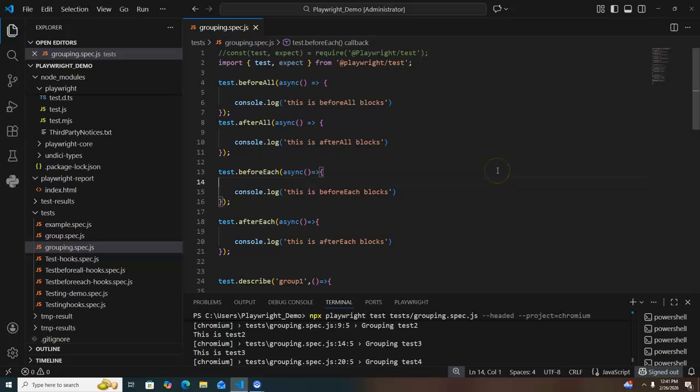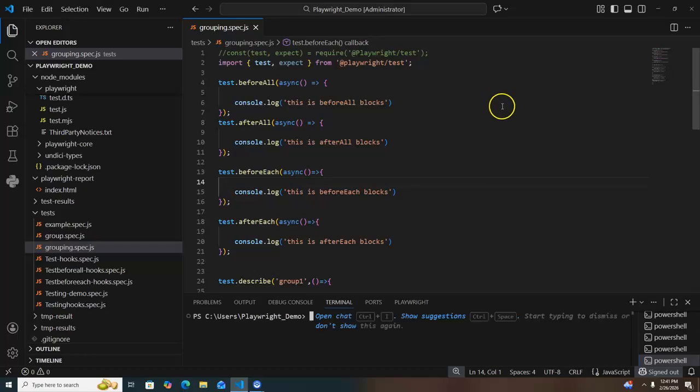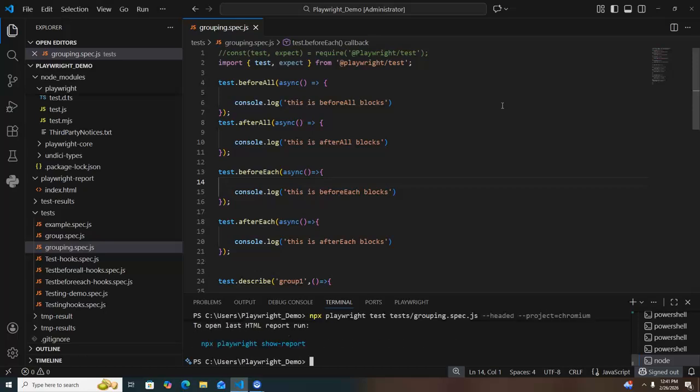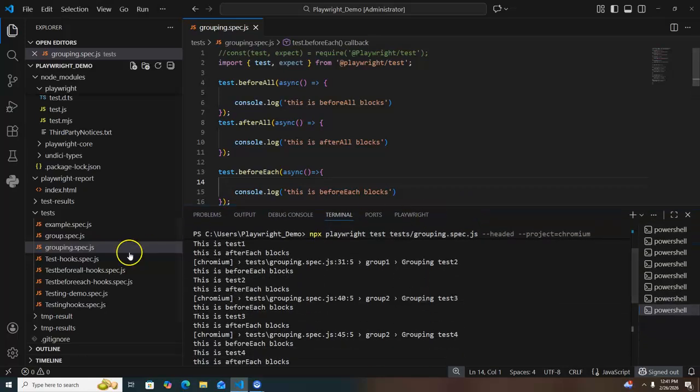First we need to save it, write the command in the terminal and execute. You can see all tests showing pass, and you can see that before this is a beforeAll block, this is a beforeEach block, afterEach, and afterAll. Let me look a little closer. Okay, so this test one, afterEach block,